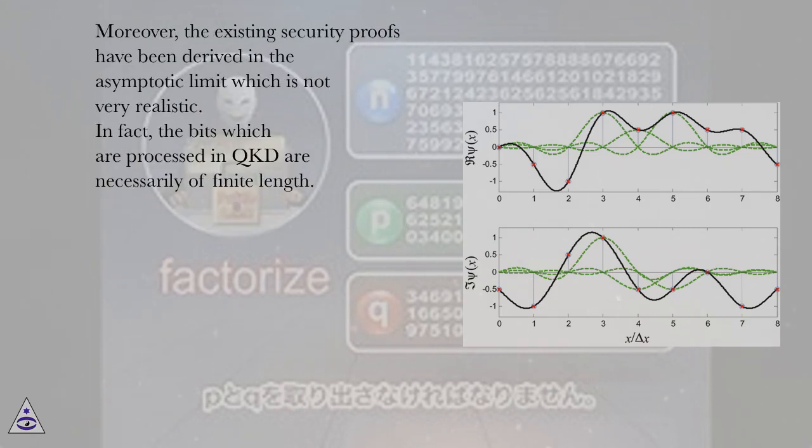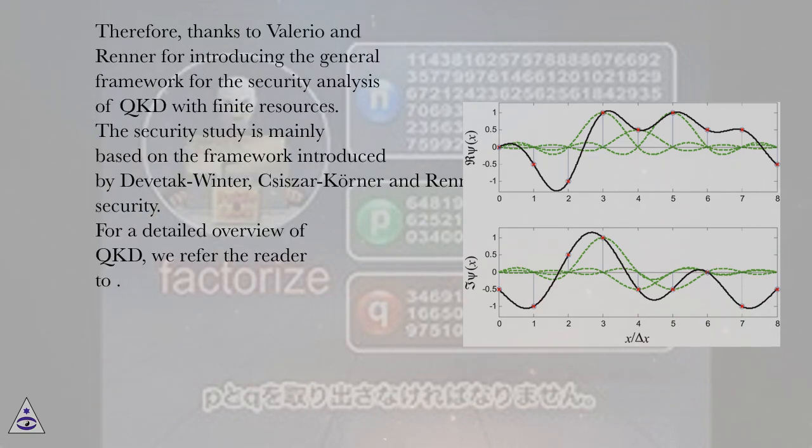Moreover, the existing security proofs have been derived in the asymptotic limit, which is not very realistic. In fact, the bits which are processed in QKD are necessarily of finite length. Therefore, thanks to Scarani and Renner for introducing the general framework for the security analysis of QKD with finite resources. The security study is mainly based on the framework introduced by Tomamichel, Lim, Gisin and Renner. For a detailed overview of QKD, we refer the reader to